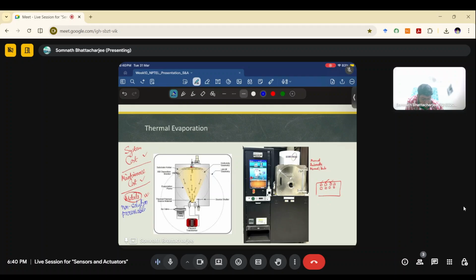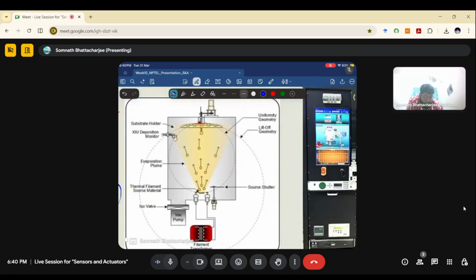So for these kinds of things we have to use a thermal evaporator or sputtering systems. Now for the thermal evaporator, the first step we need is